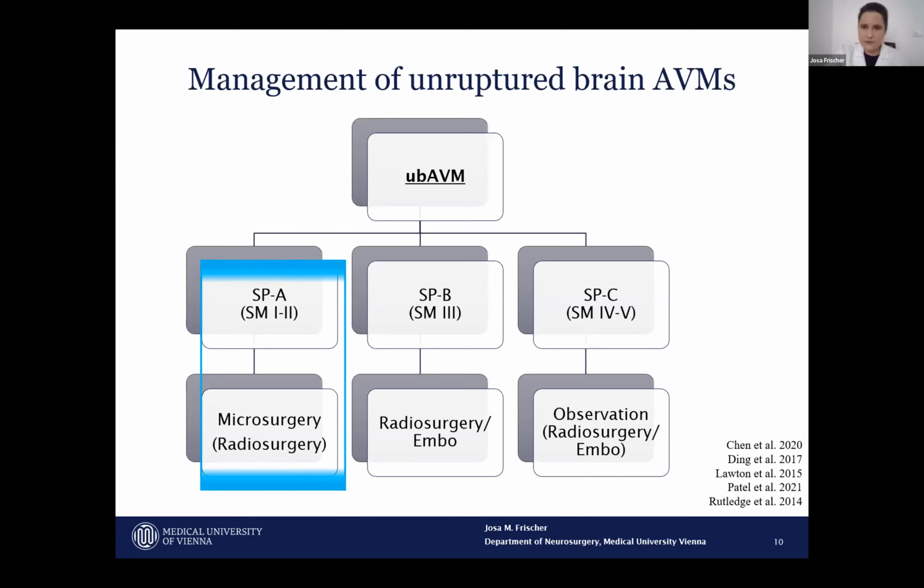Then for the middle grades, Spetzler-Martin 3 or Spetzler-Ponce B, there is radiosurgery and/or embolization, or just embolization, as you might say now, Isil. And then for the very high grade AVMs, well, observation, best medical treatment, radiosurgery, embolization, a combination of both. However,